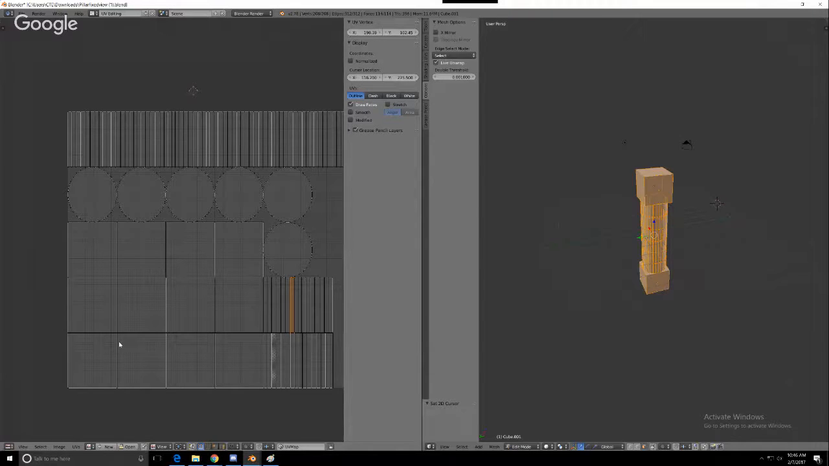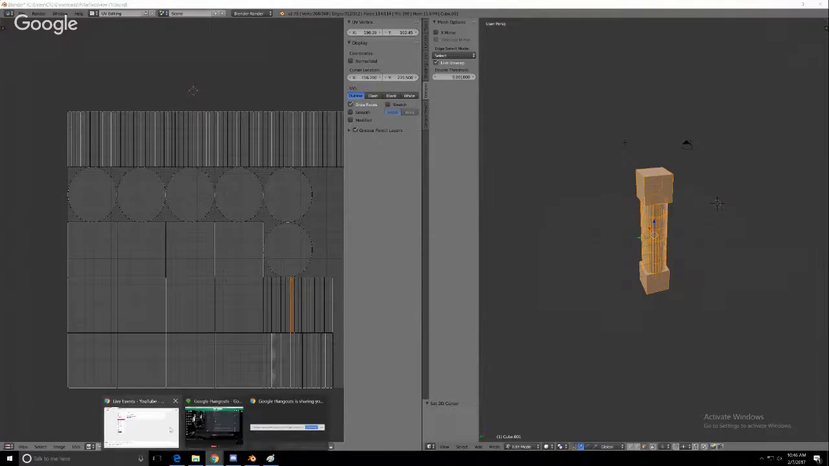I haven't got to the next step, which would be beyond textures. You have to create normal maps and specular maps and so on. That program would be